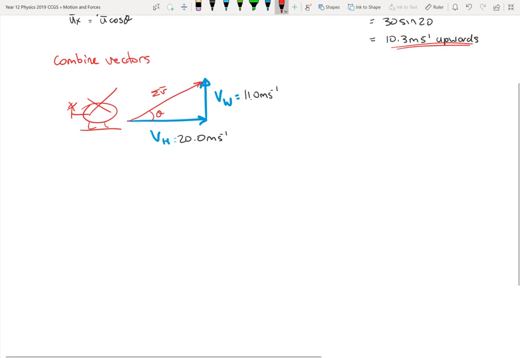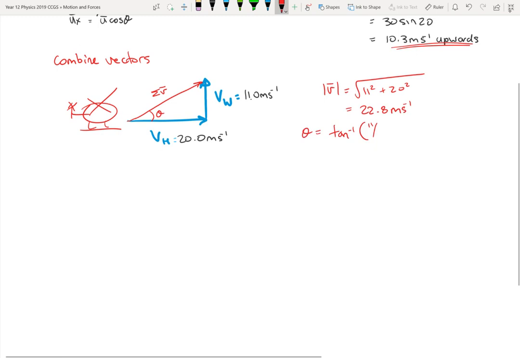So this is quite a simple one. The magnitude of our velocity is simply Pythagoras, square root of 11 squared plus 20 squared, square root of 521, which is 22.8. And then our angle theta,